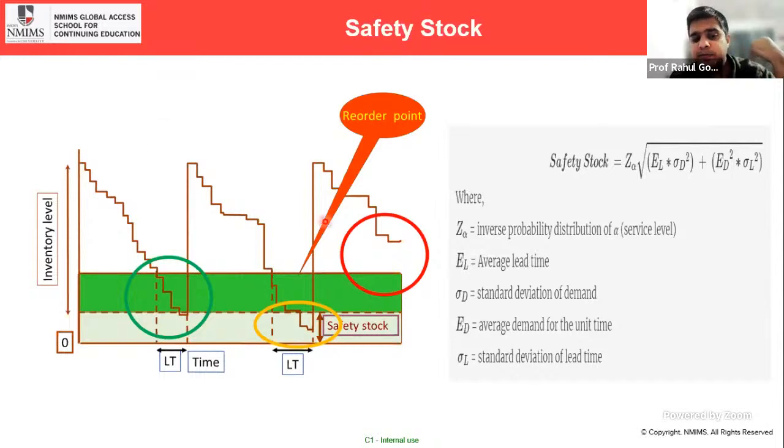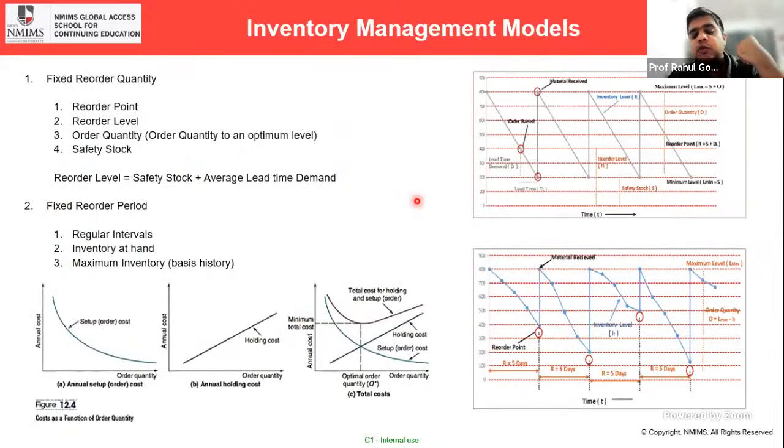So if you look at the simple chart, we can understand the concept of safety stock, the concept of when to place an order with the supplier, which is your reorder point, and how much to order. If you look at the same chart in two different ways, there are two inventory models through which